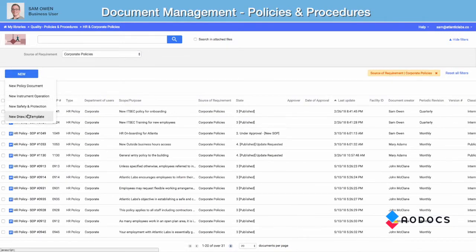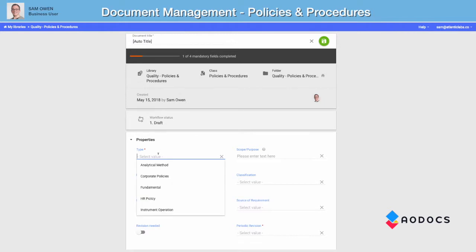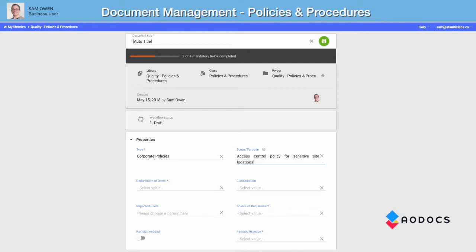When it comes to creating a new policy, we have our list of templates. In this case, we're going to create a blank draft. We choose our policy type. We define the scope and purpose of the policy document. We determine the department of users. This category field will be able to dictate who needs to have access and visibility to this document once it's